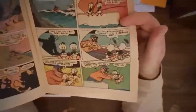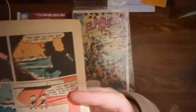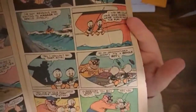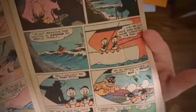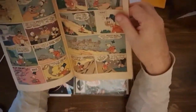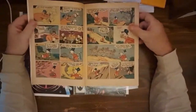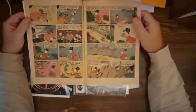And of course, it turns out to be a Beagle Boy. But let's take a second to look at the art because it's just great art by Carl Barks. Look at the waves in that third panel, and just the silhouettes of the Beagle Boys and Donald Duck, and the shading and the whole way that the thing is laid out. So it's very awesome. So the nephews are able to turn the tables on the Beagle Boy and capture